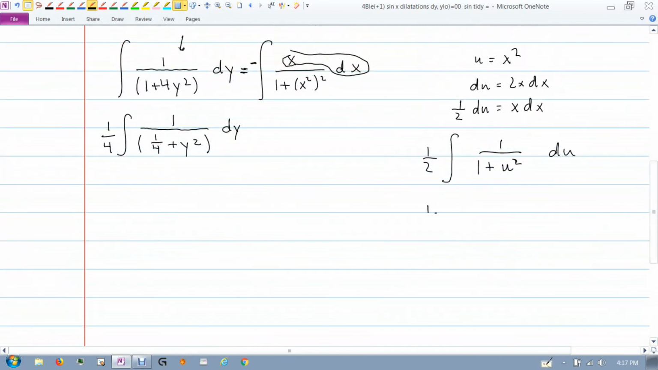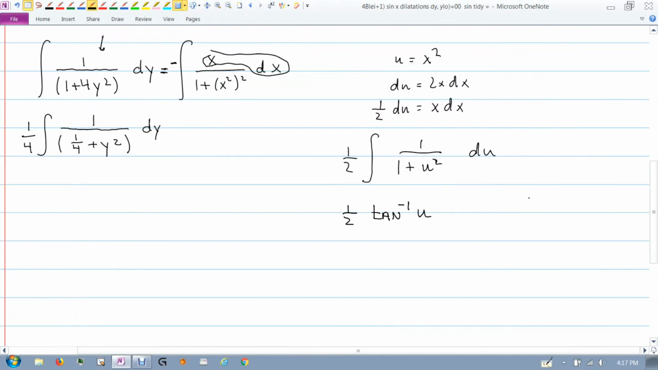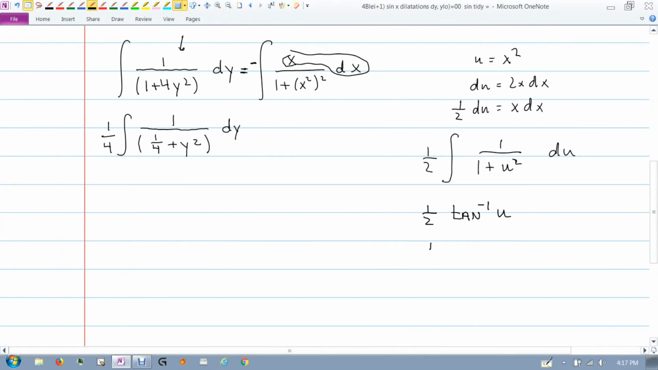And then the formula for that, I get 1/2 arctangent of u, but u in this problem is x squared. So the right side of this becomes negative, because I had a negative in front of the integral, 1/2 arctangent of x squared plus some constant. And then the left side of this becomes 1/4, and then using the formula for this, the integral of 1